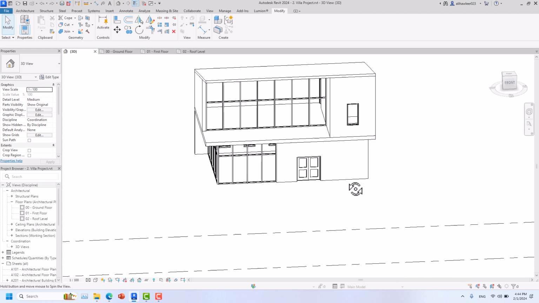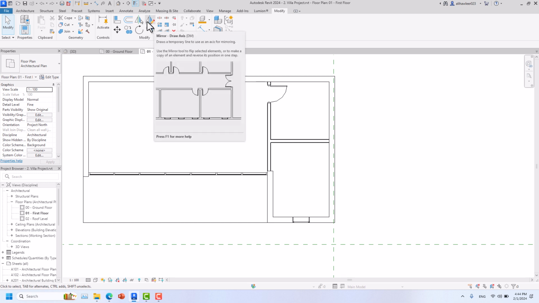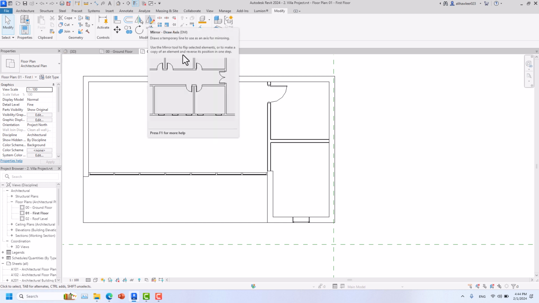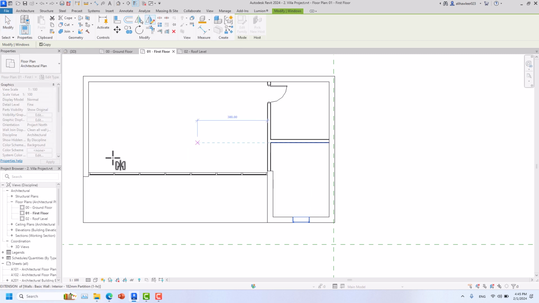So now what I'm going to do is that I'm going to the first floor and I want to have the same thing here. What I'm going to do is that I will use my mirror draw axis. Okay, we have two types, but I'm going to use mirror draw axis. I'll click on this. The shortcut was DM. I'll click on DM and I'll say this is my center, the center of the floor. Click on it